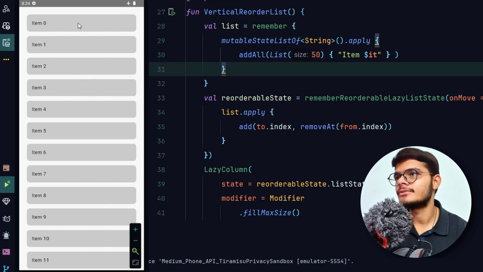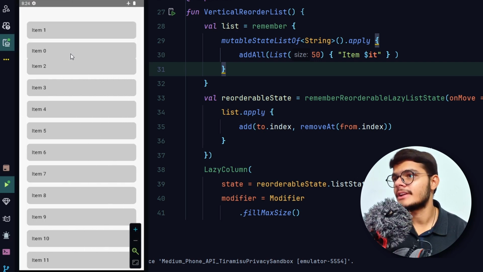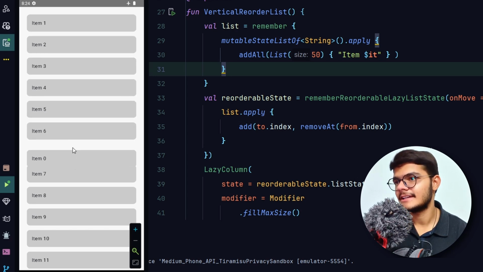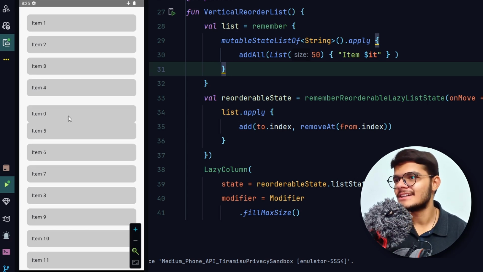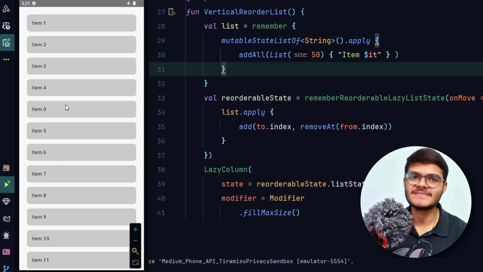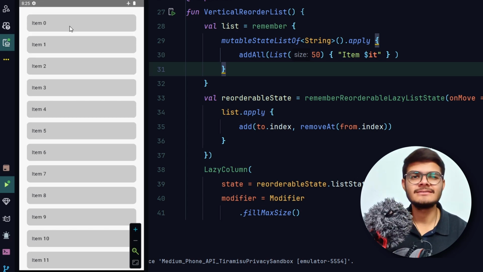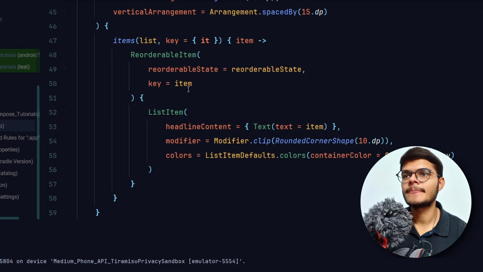So if I just try to hold this particular thing and try to drag, as you can see, it works very smoothly, and the animation seems very cool actually. And if I just drop it, yes, it's amazing. Okay, but it doesn't seem that cool because the user won't have that smooth kind of experience whenever they just hold it, so they won't know that the user has kind of started the drag and drop thing. So for that, what I'm going to use is